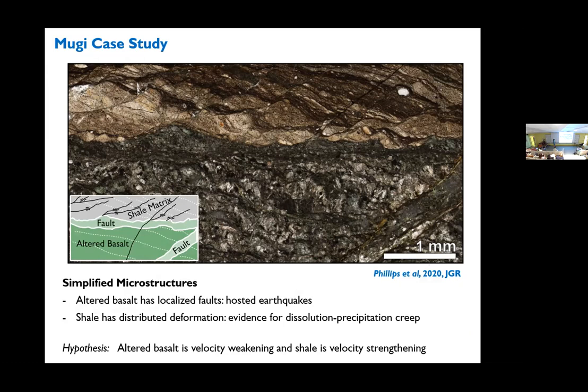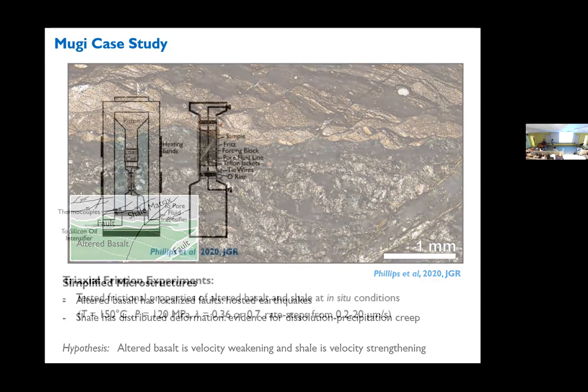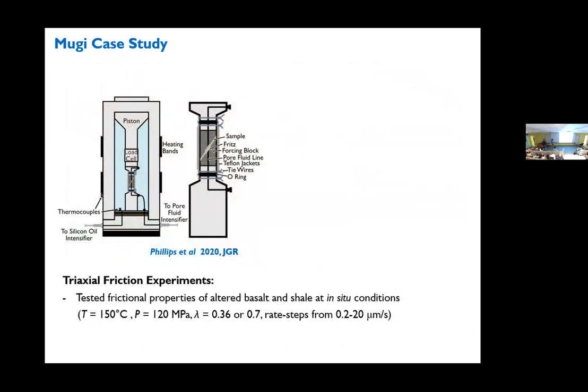And so we hypothesized that this localized faulting within the altered basalt could be because the altered basalt is velocity weakening, while this kind of distributed deformation in the shale could be because it's velocity strengthening. We ran some friction experiments at the lab at Rice University with Melody French, and we took altered basalt and